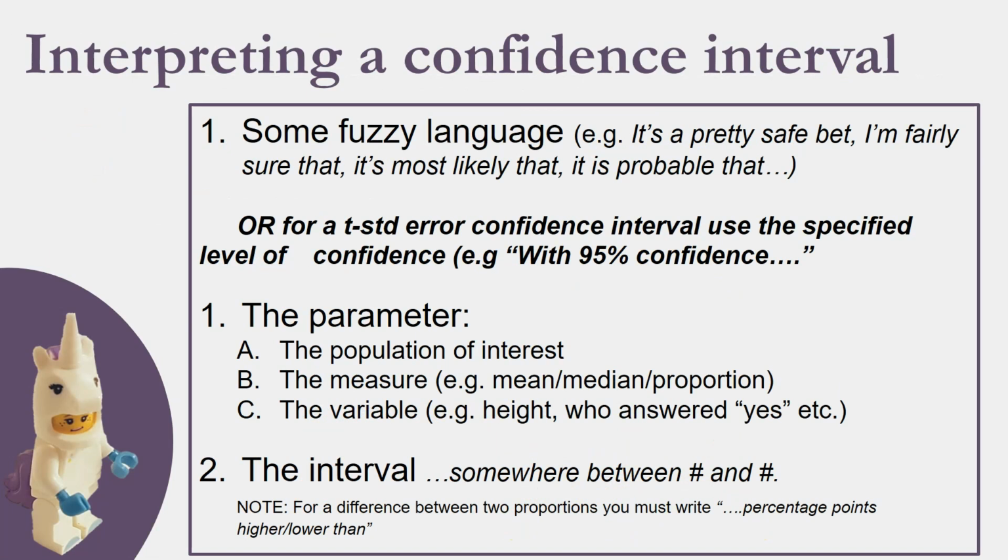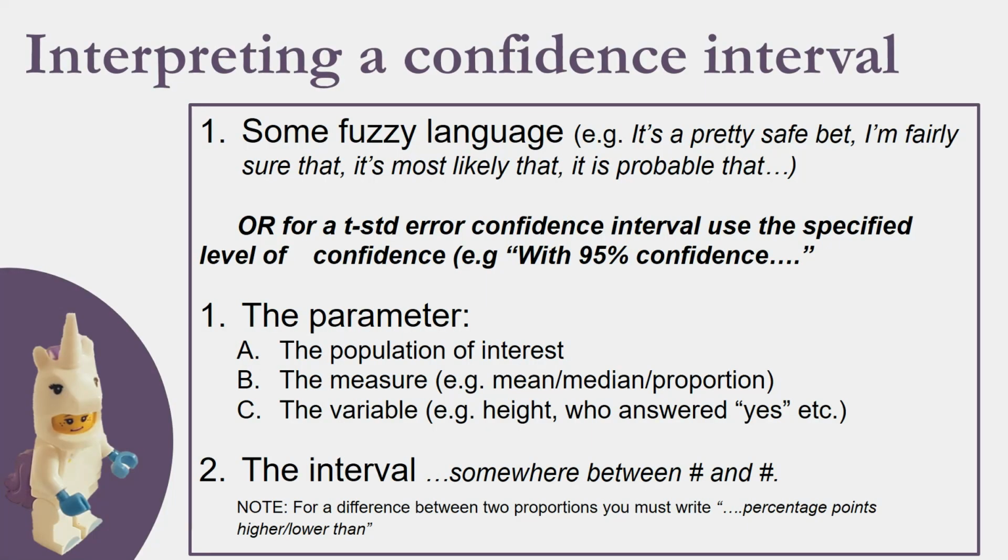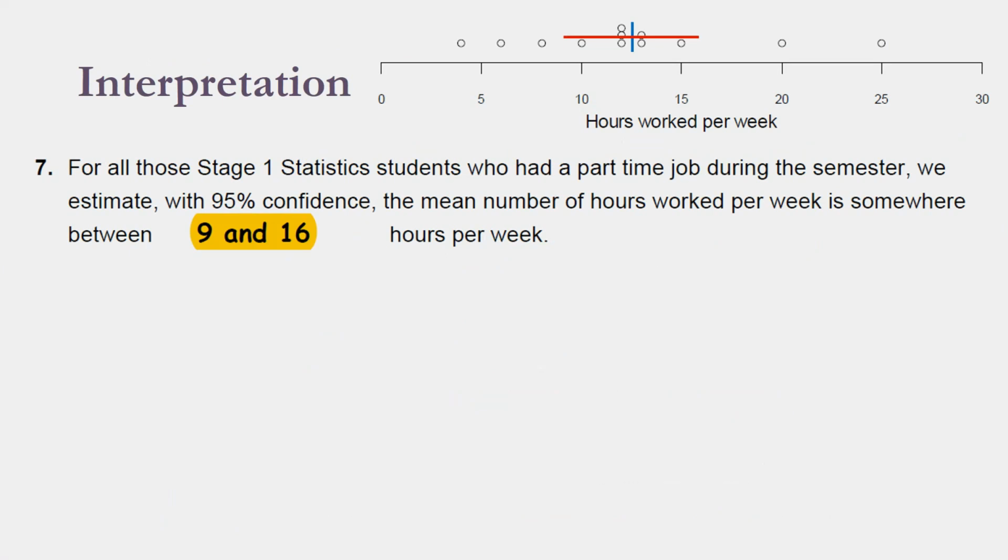For t-standard error confidence intervals, we use the specified level of confidence. And that's what you put in the t-procedures tool here, the confidence level. So we're at 95%. We're going to start our sentence with something like, with 95% confidence, we estimate. Okay? Then we talk about the parameter, same as before, and the interval. All right, so let's get to interpreting. So for all those statements,